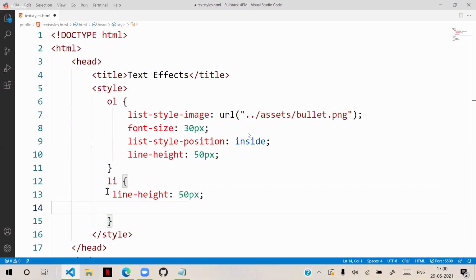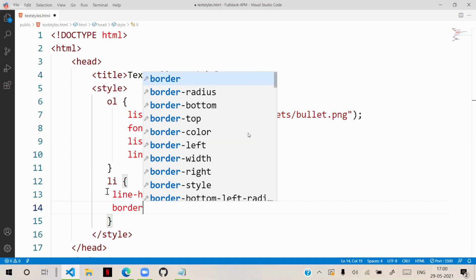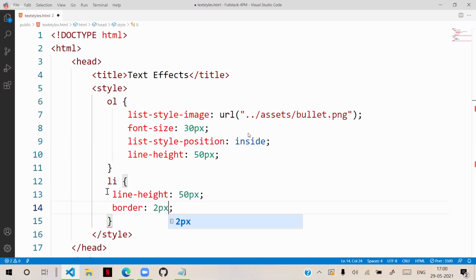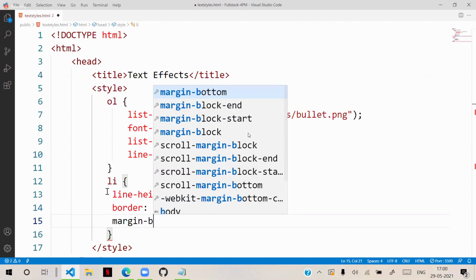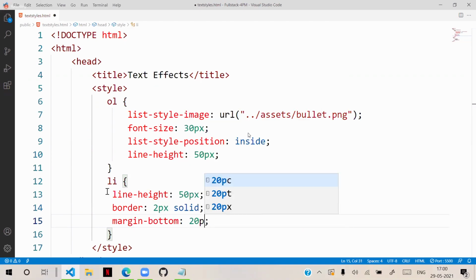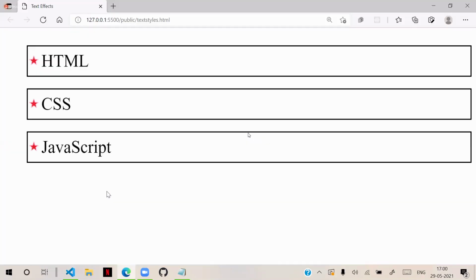You want some space between them, so we need to set the space by using margin bottom. Margin bottom of 20 pixels will put the space between. That is basically how we can configure.